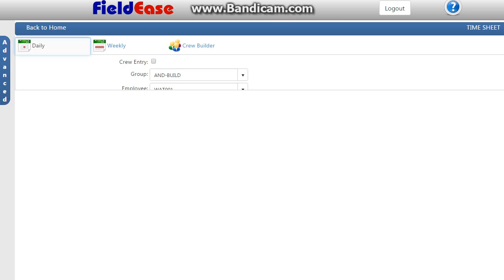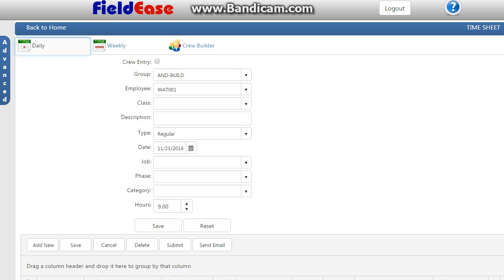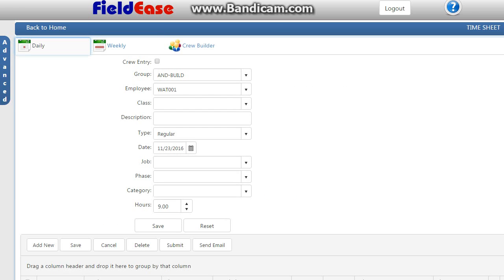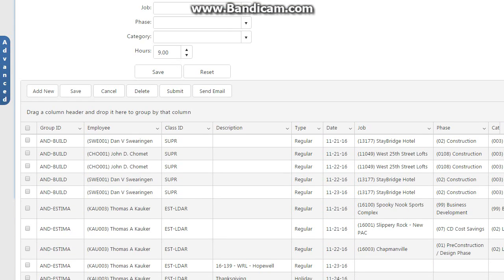You'll click on Timesheets, which will take you to, again, the normal screen that you're used to seeing, whether you enter your times daily or weekly. On the Daily Screen tab is where I would recommend that you go to approve your team members' time. In addition to seeing your own time, you will also see your team members' time down here below as you